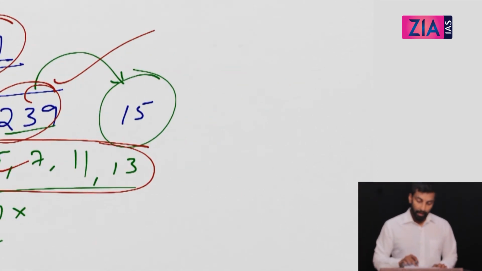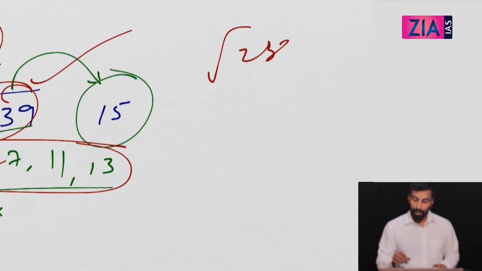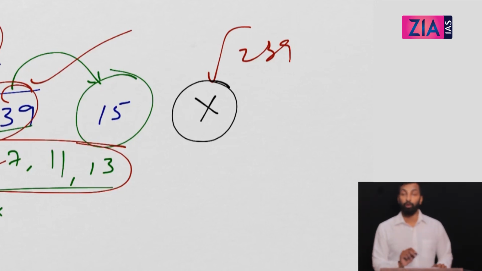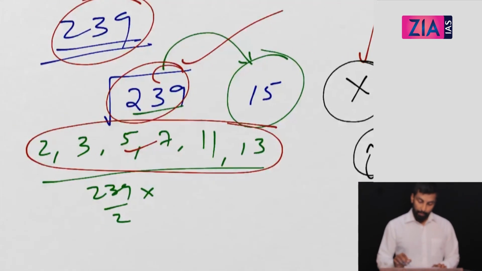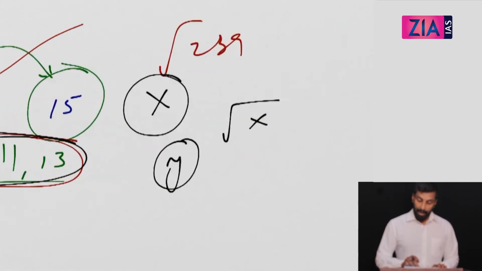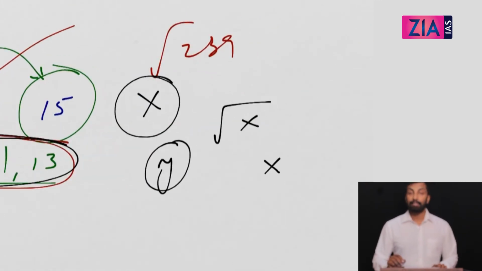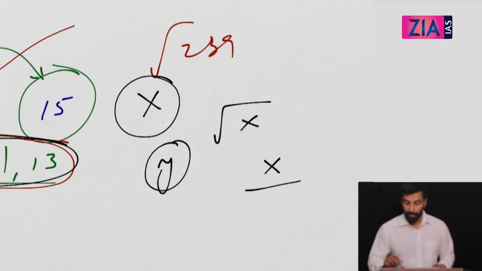So what we did is, you find the root of 239. So if you need to generalize, you need to check whether x is a prime number or not. What you need to do? Find root x. So let's suppose you got y. Then what you need to do? You need to know the prime numbers up to y. Here, prime numbers up to 15. Then you need to divide x with all the prime numbers. If you can divide with any of the prime number, it's not a prime number because it's a factor. Otherwise, it's a prime number.